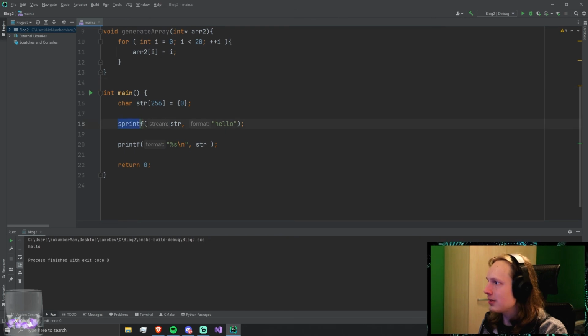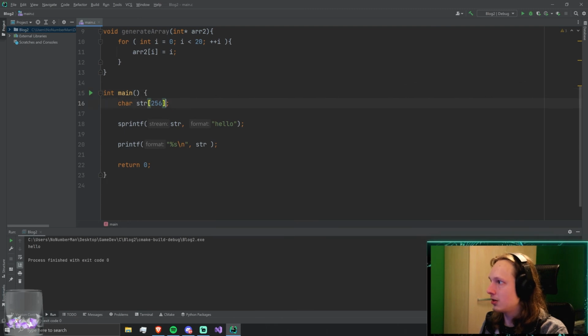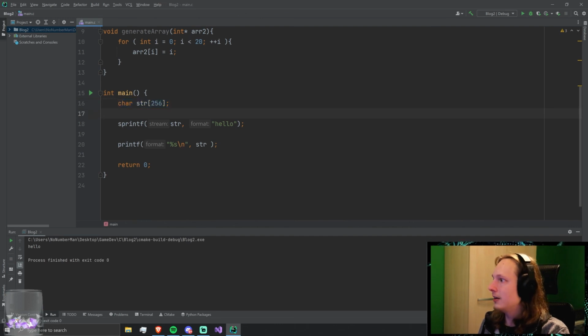And then once we give it to sprintf, sprintf is basically going to copy this hello into the first elements of str, our string. So the first will be h, then e, l, l, o, and then, of course, even if we didn't null terminate or null initialize this string, then still at the end it would just put a 0 there, just to indicate that here we're done. And then in printf you can just read that, that's totally fine.